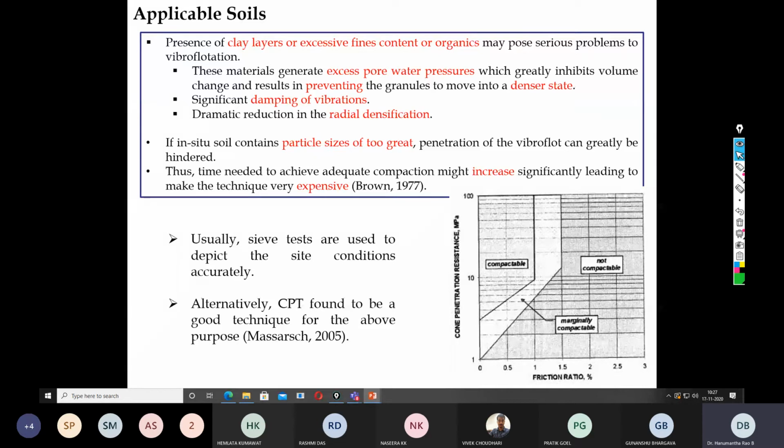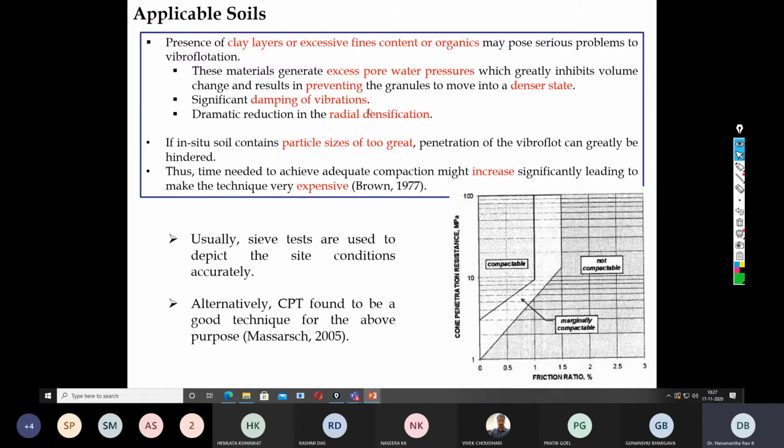We are making the granular column instantaneously. We are making the floating condition of the soil, and at the same time we are doing the backfilling and compacting the soil. So we literally do not have any elapsed time between the filling and the making of the borehole. But in case of fines content, we need a sufficient elapsed time to allow the dissipation of the pore water pressure. So that is another reason why vibro compaction is not valid for fine grained soils.